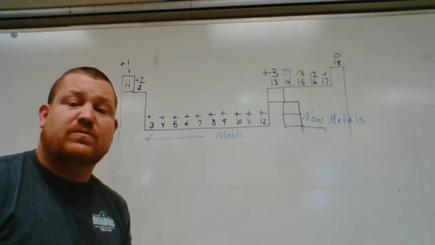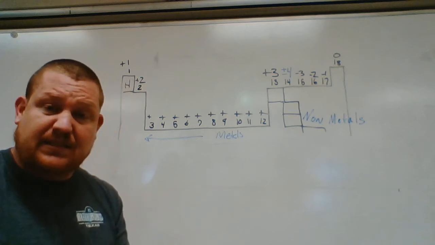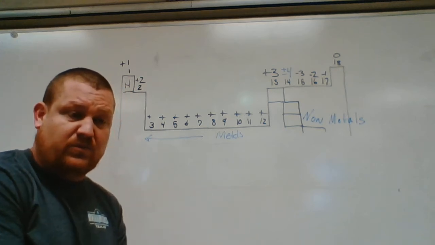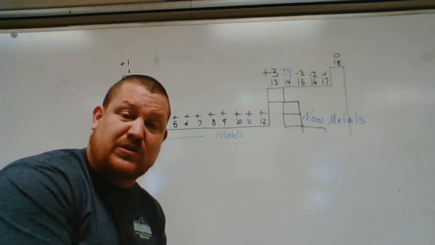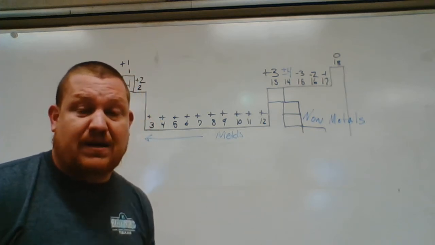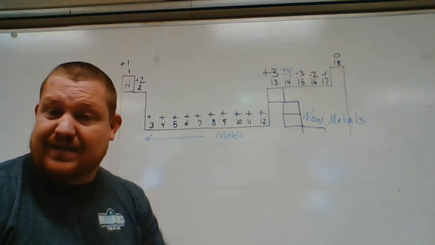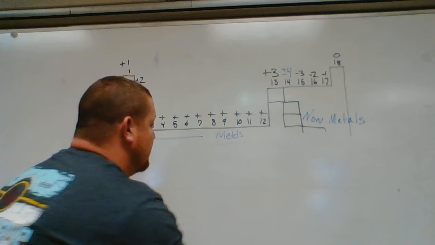Okay, and then you'll follow your rules for naming or writing formulas based off of that knowledge, because ionic has its own rules, covalent has its own rules. The biggest mistake students make is you don't check that before you go. You just start naming it or you start writing formulas. You got to check first. I can't emphasize that enough. I'll probably say it 20 times throughout the next couple of videos. All right, so